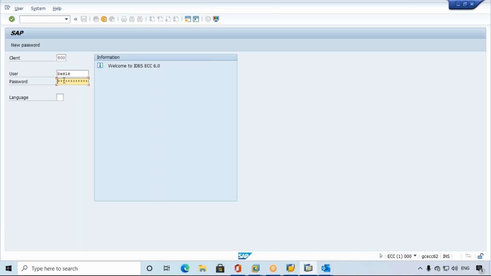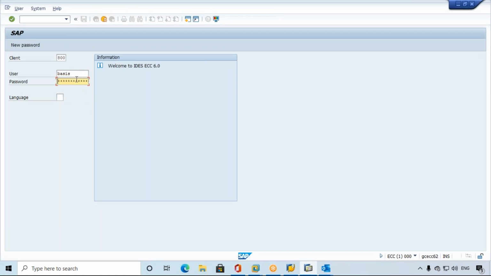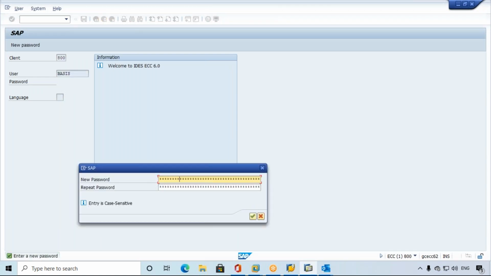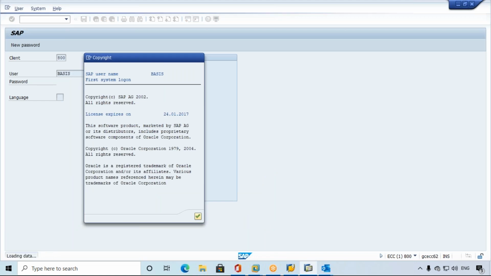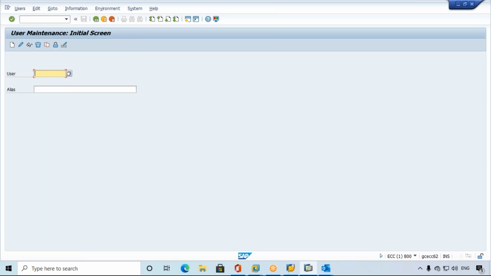And one more very important thing, the T code SU01. First I'm going to log in. The first time the user logs in, that's why it asks for the password. See here, our organization purchases the user IDs. So whatever users we create in SU01, the user IDs are not free. Every user ID is a cost. So we should not create a number of users.